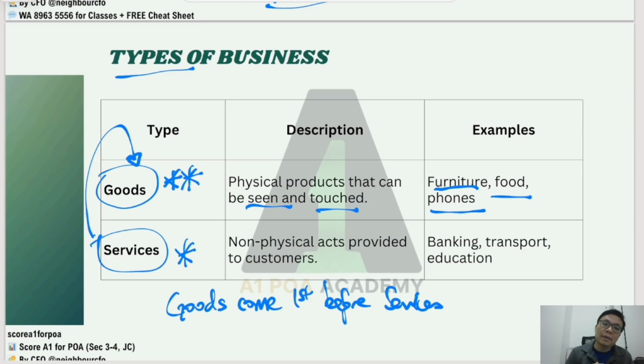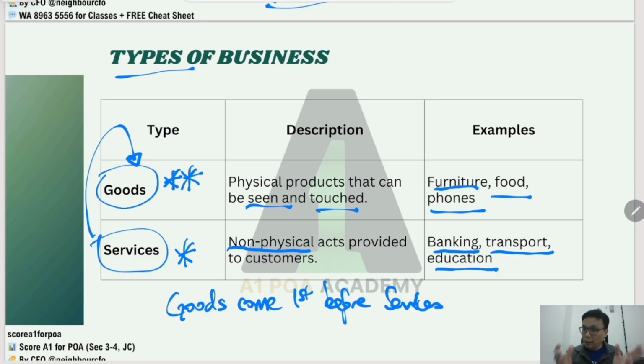We thereafter talk about services, whereby we say that it is because of the existence of goods, you would have establishments of business that provide services to reinforce the goods in terms of ensuring that all these goods arrive on time in front of the doorstep of the buyer in that sense. And therefore, services itself, they are non-physical. You can't feel it in terms of the 3-dimension effect. So, for example, banking, transport, education.